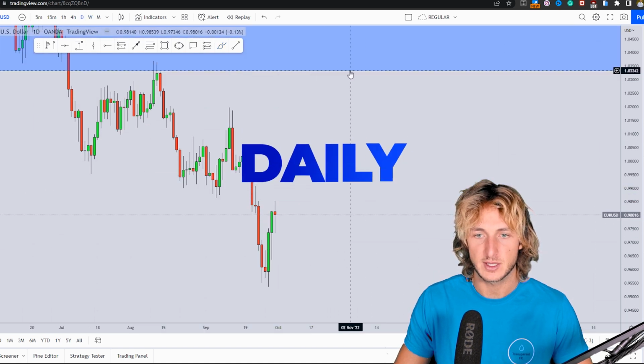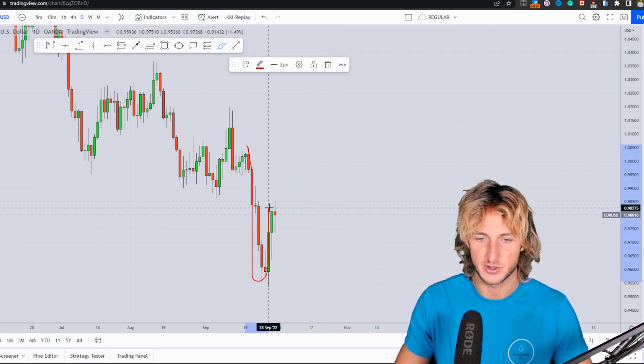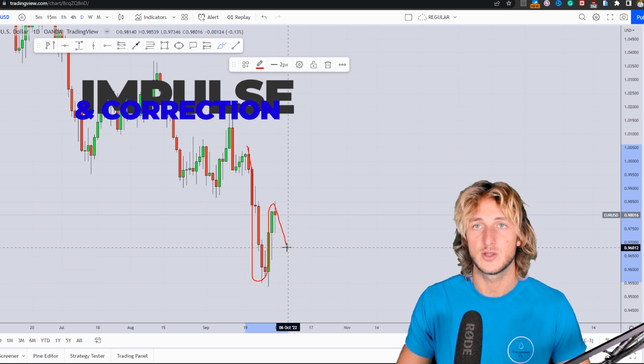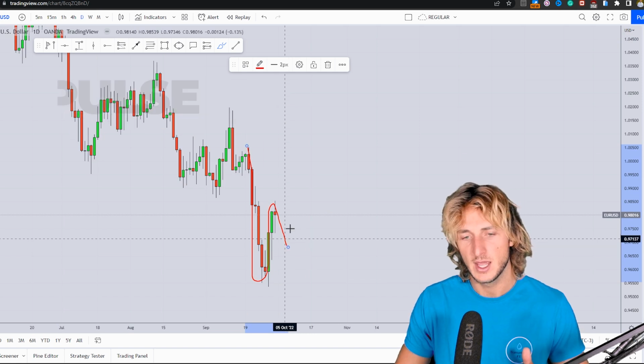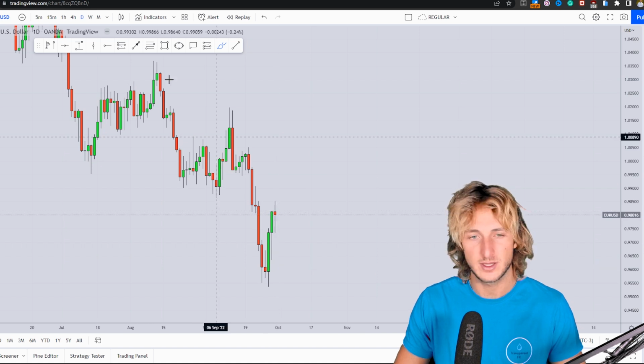Now, from a daily perspective, we can notice how we did have this impulse to the downside. Now the market has started the correction and is trying to create a little bit more continuation to the downside. Now, before I speak about the manipulation that there is a good probability that the market will create here, let's